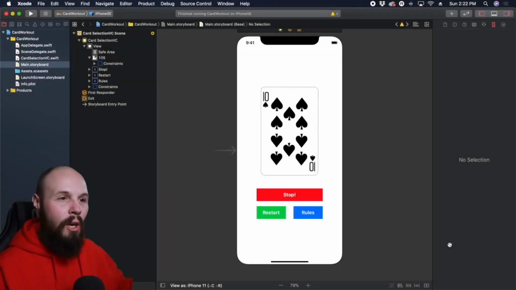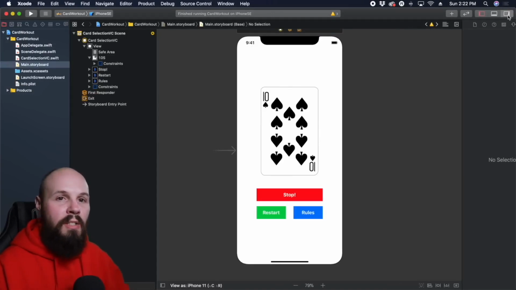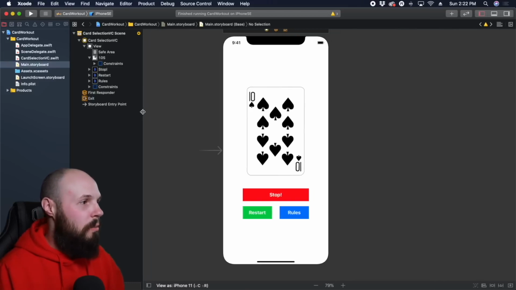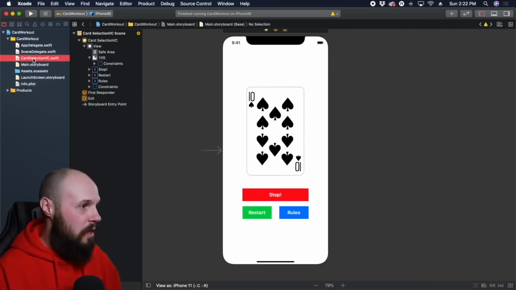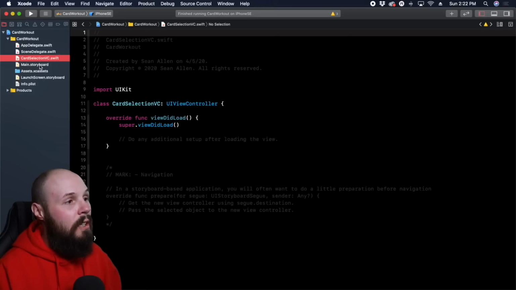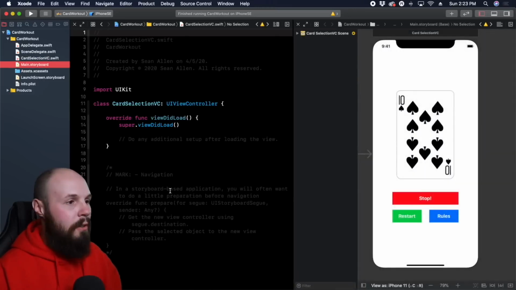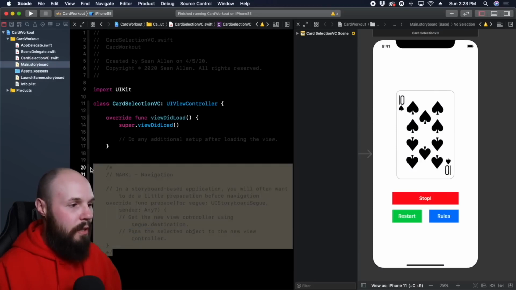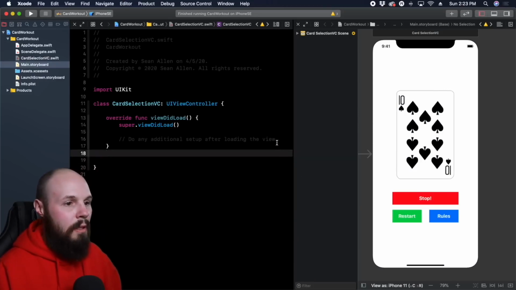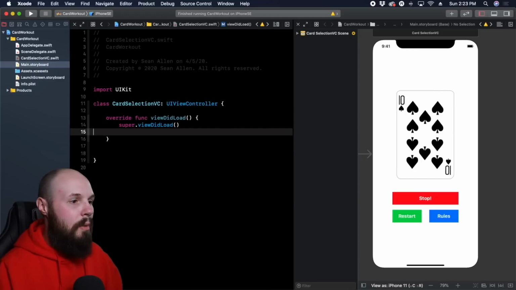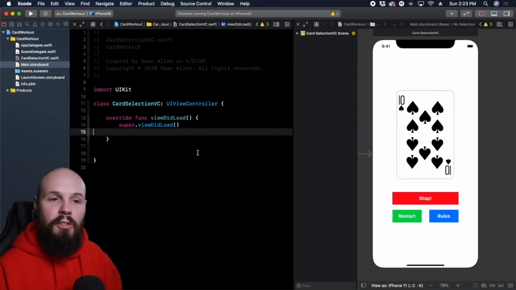As usual, here we are right where we left off. But like I said, in this video, we're going to start connecting our storyboard objects to our code. So here I'm going to minimize the right panel. Let's start making these a little smaller again. I'm going to open up our card selection VC, and then I'm going to hold Option and click on the main storyboard to, again, pull up the storyboard over here on the left. And here in our card selection VC, I'm going to get rid of these comments just to clean that up. Okay, so the first thing we're going to do is create an outlet from our card